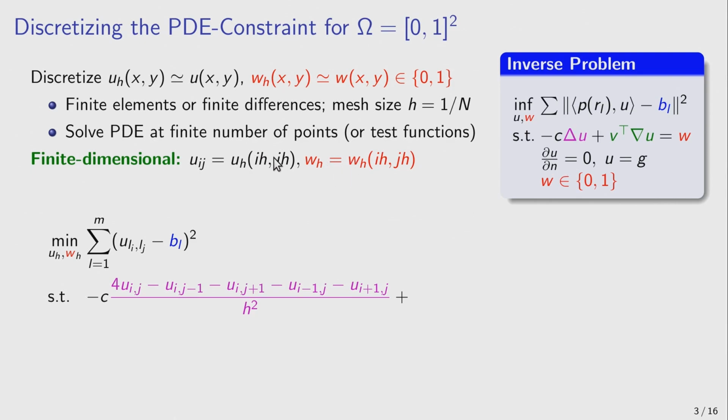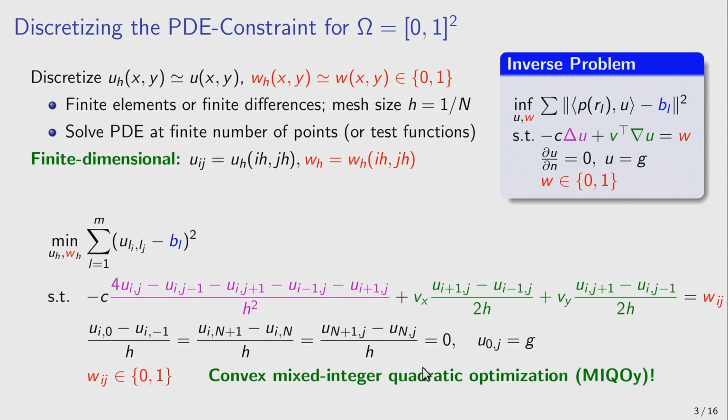u_ij refers to evaluating u_h at the grid point (ih, jh). And then I have the advection term here, and that's just the direction of the advection times the first derivative of u. So that's a finite difference term I have here. I'm using, again, a central difference term. And then the right-hand side. And then the rest are just